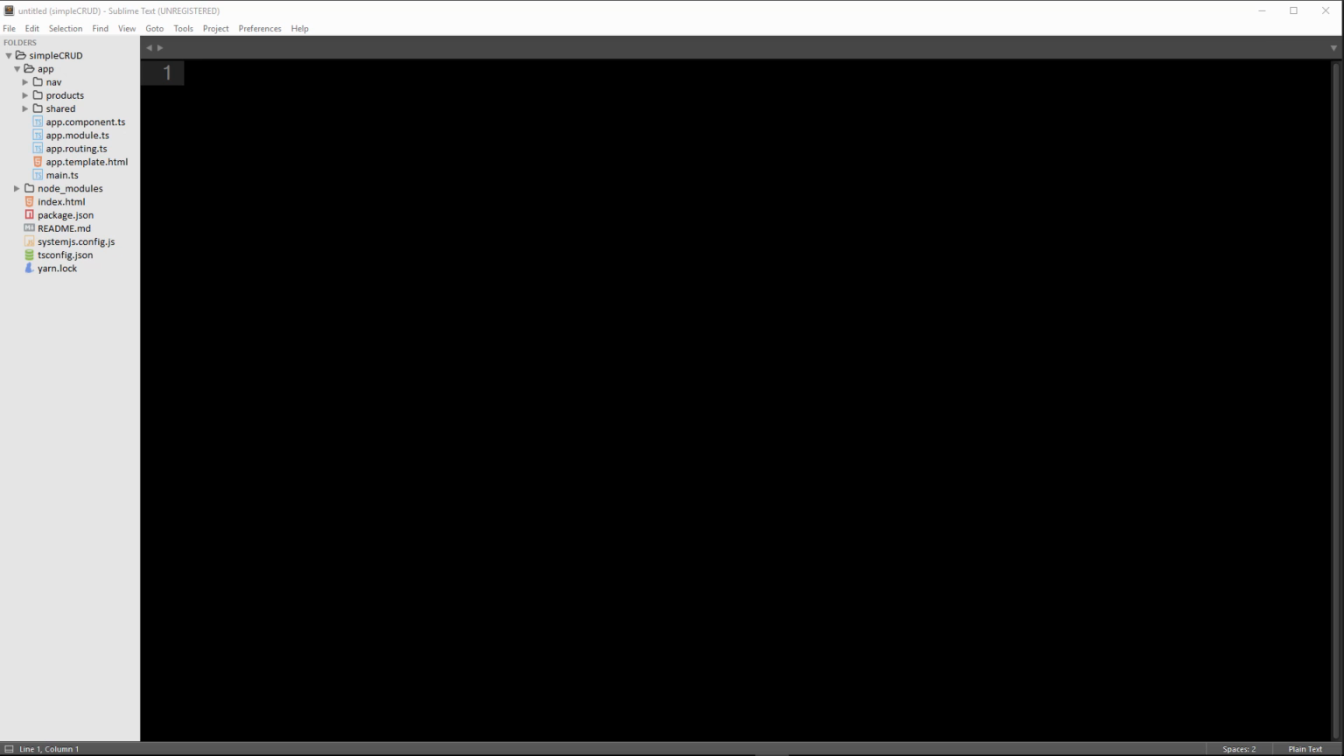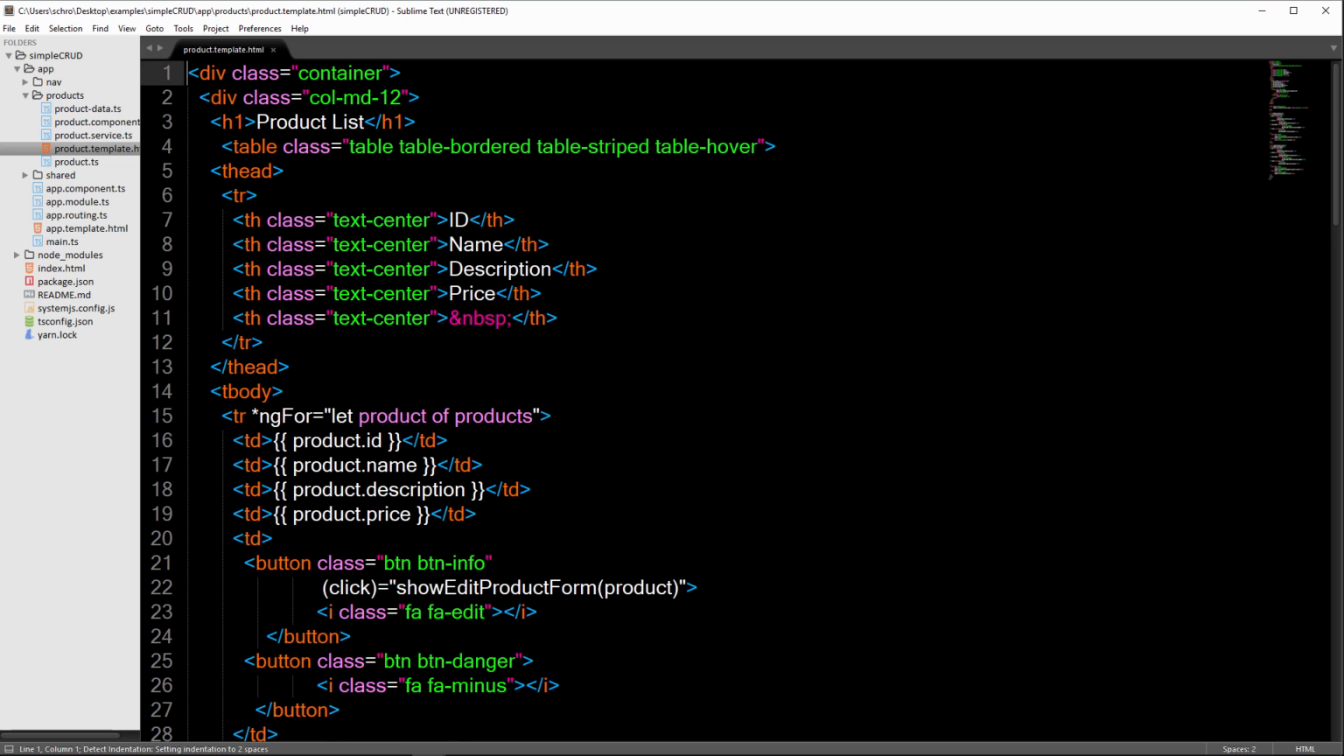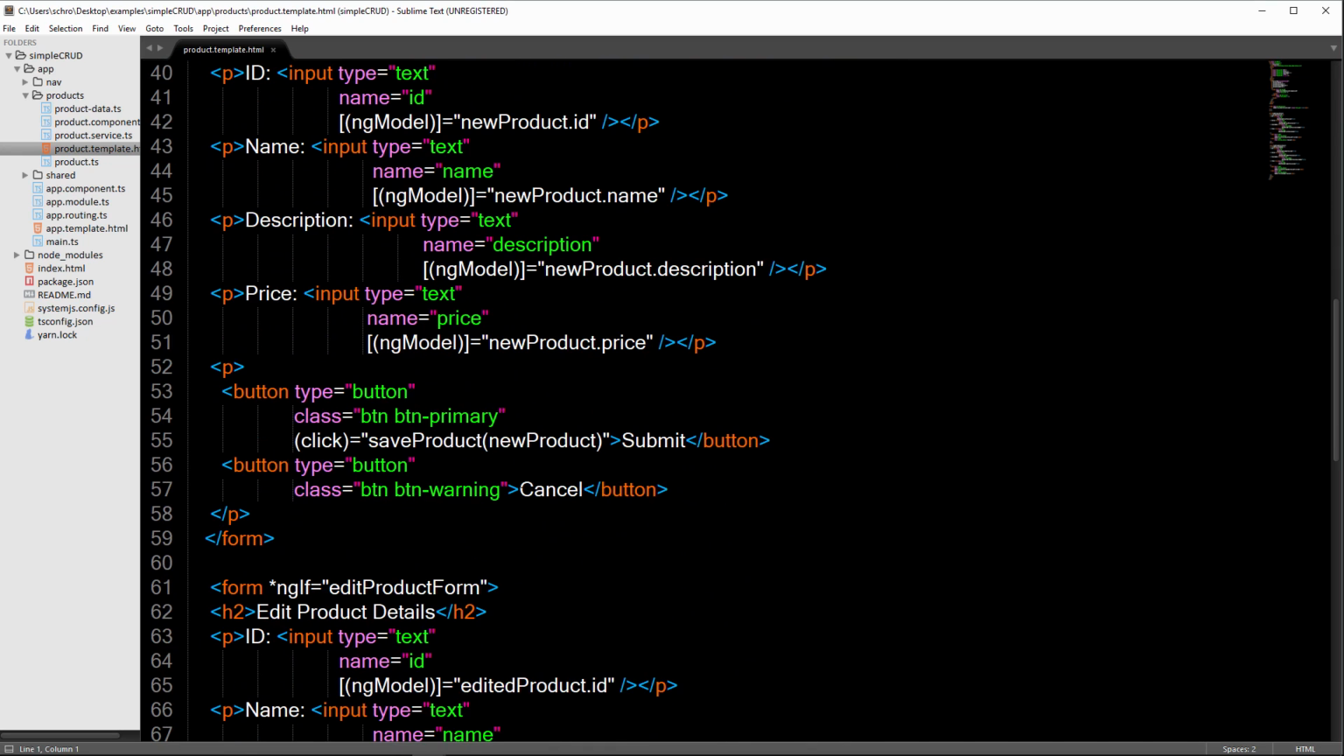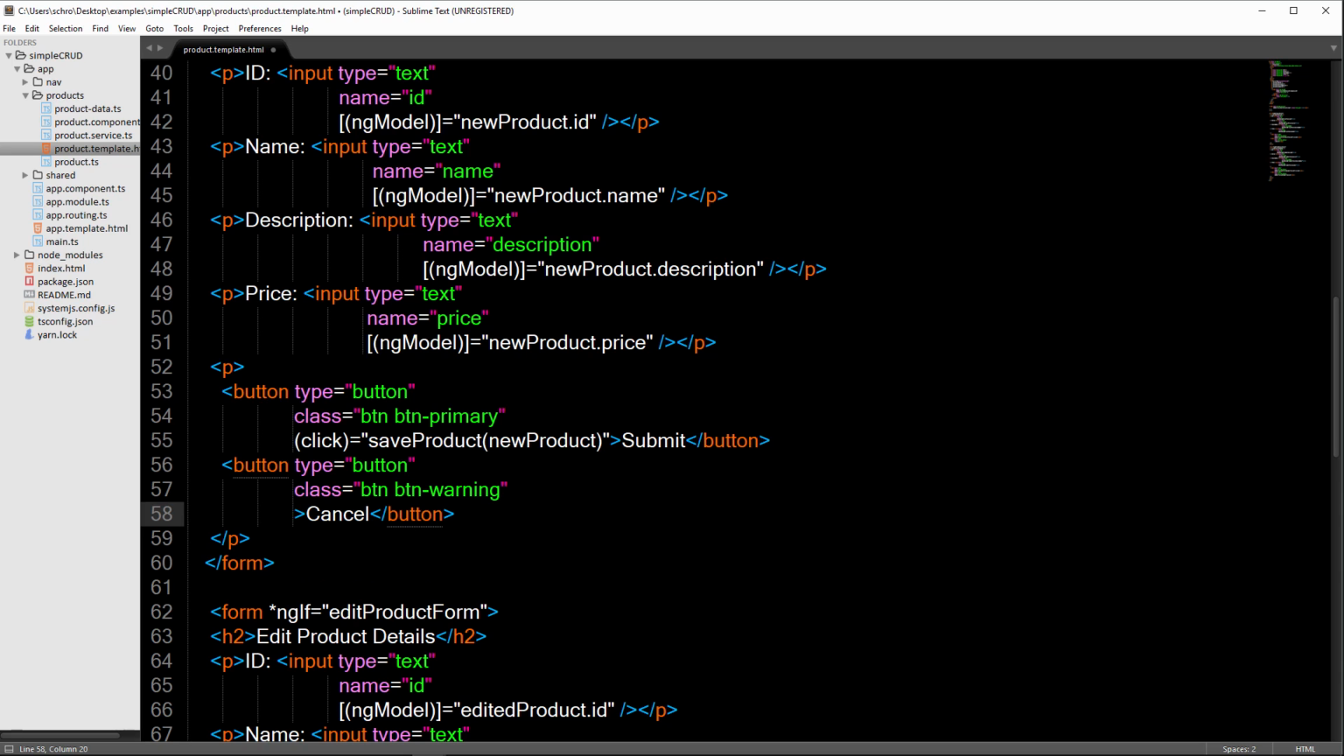So now to finish off this project, there's just a couple things that I want to do here. So the first is I want to add a click event to my cancel button when adding a new product. So we'll open up our product template and we'll scroll down a bit. And right here I have this cancel button, and I'm going to do the same thing that I did down below